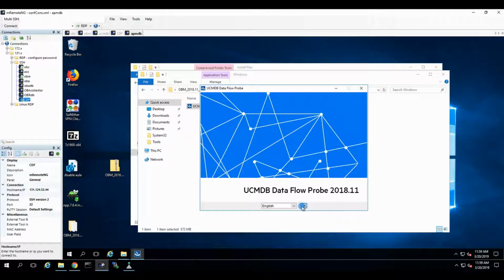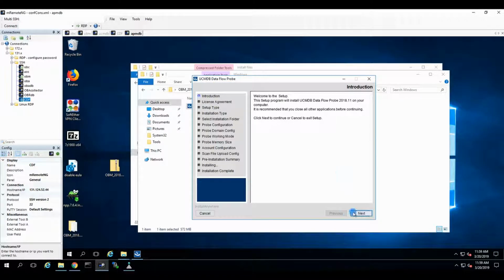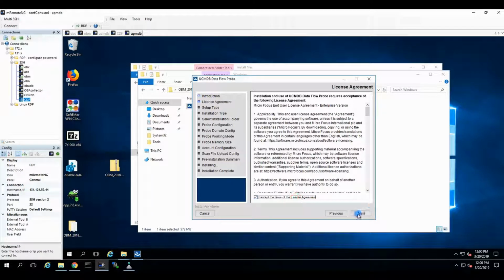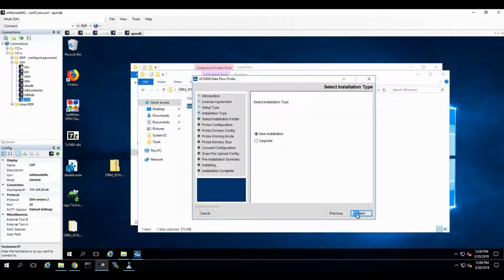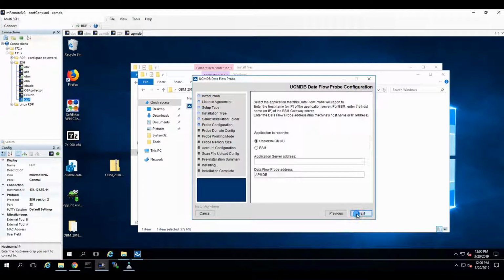Click on OK. Next, and now it's going to be a bunch of passwords. So it's full data flow probe installation, new installation, default folder, BSM. So it's not going to be connected to Universal CMDB, it's going to be connected to BSM. And we are going to say it's going to be